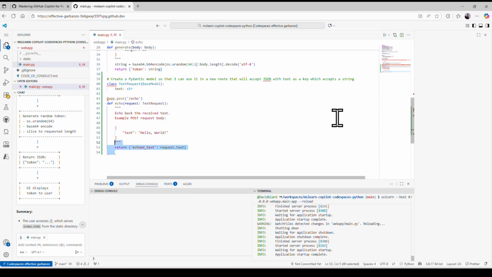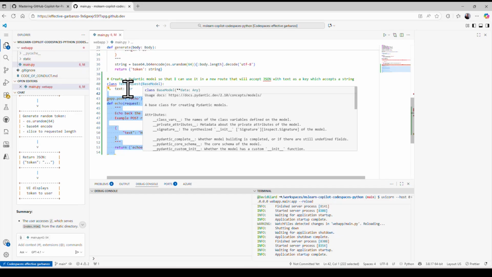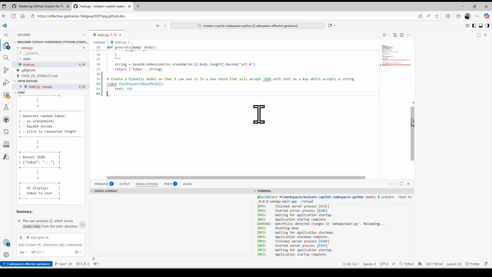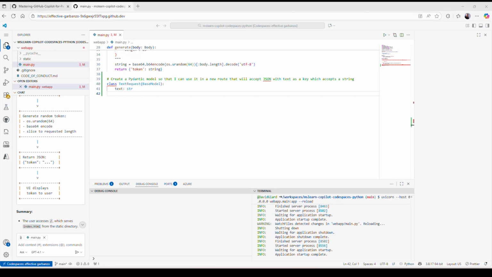Now I'm going to actually delete this part because I didn't ask for it. It was anticipating what I wanted to do with this. This is actually the Pydantic model. This text request accepts a model of type string and returns a model. So that's really all I want right now. I'm not going to accept any more of that. I'll press escape to make that ghost text disappear,